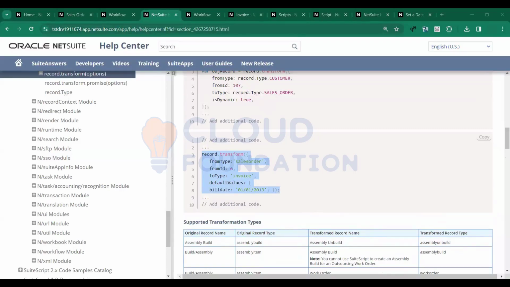So it will create our item fulfillment, and it will give the internal ID of that newly created item fulfillment, right? If I log this